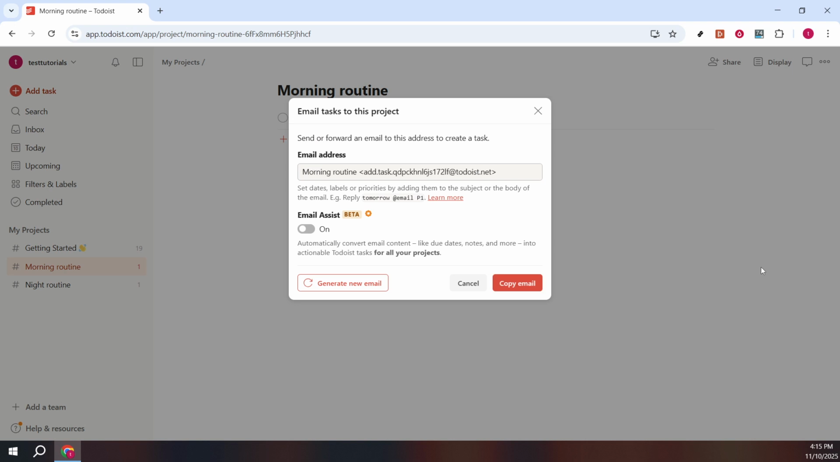You'll see a prompt with a unique email address. This address is your golden ticket for adding emails directly as tasks to your chosen project. You might be wondering, what does this mean exactly? Well, it's quite simple. By sending or forwarding an email to this specific address, it will automatically create a task